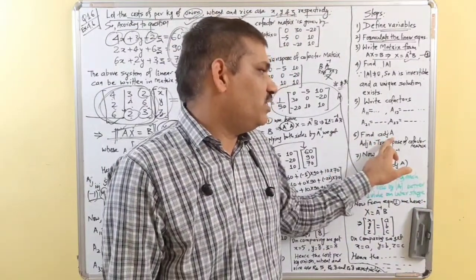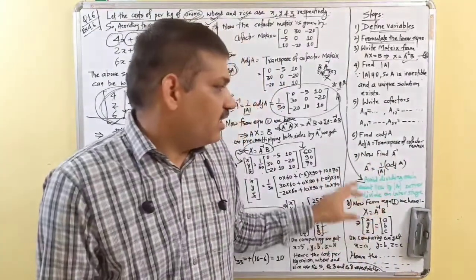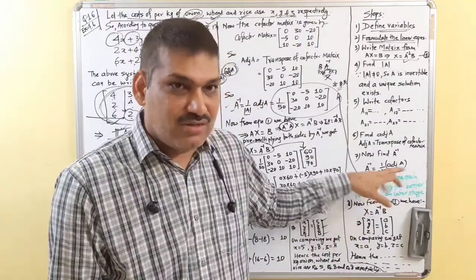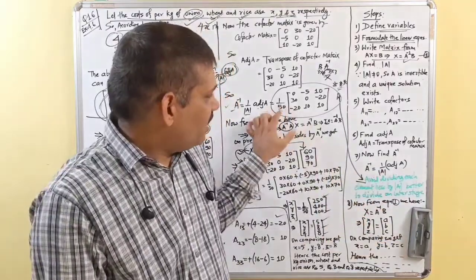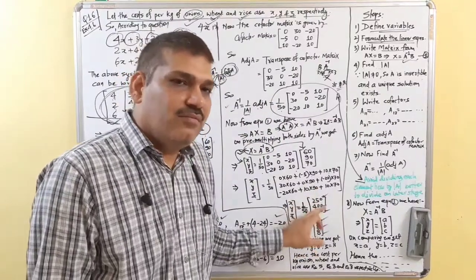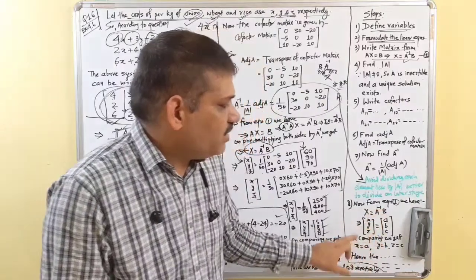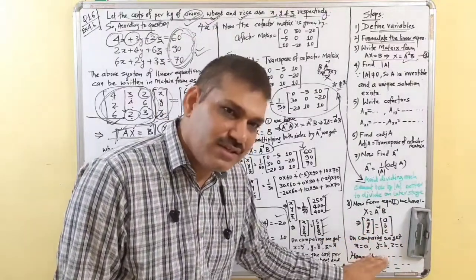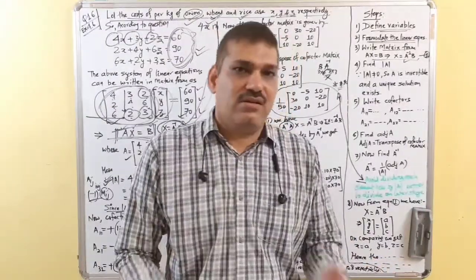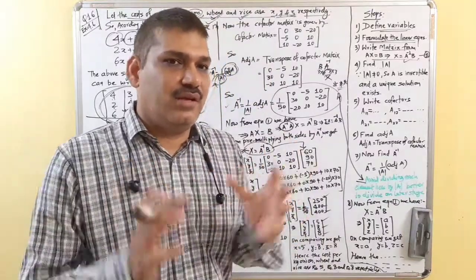After that we find adjoint A. Adjoint A is nothing but the transpose of the cofactor matrix. Then we write A inverse, and here avoid dividing each and every term by determinant A because it will make the process lengthy. We'll let it be as it is, and in the last step we'll divide by determinant A. Well, now we have X is equal to A inverse B. On comparing, we get the value of x, y, z, and if it is a word problem, then we write the answer in words. Now let's take some more problems to make the concept clearer.